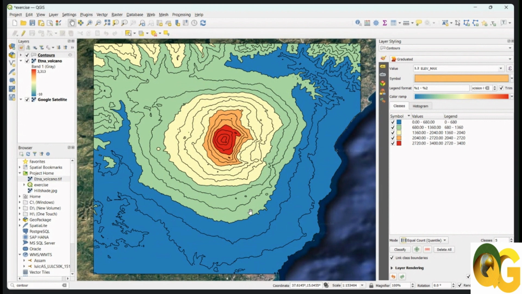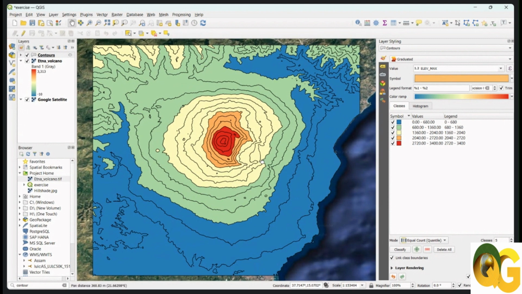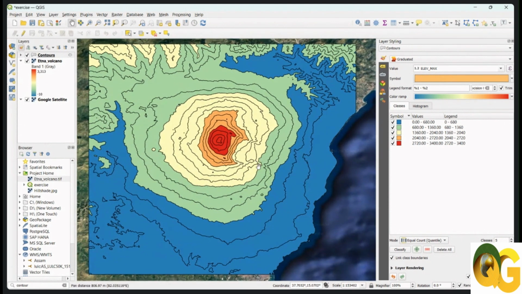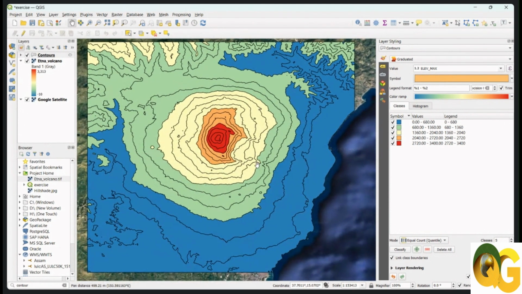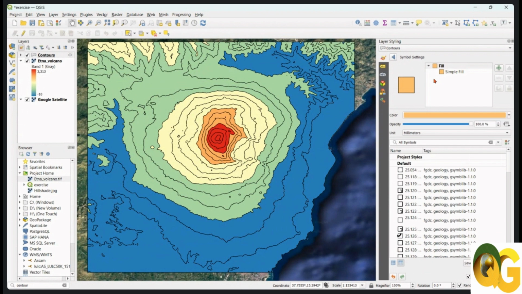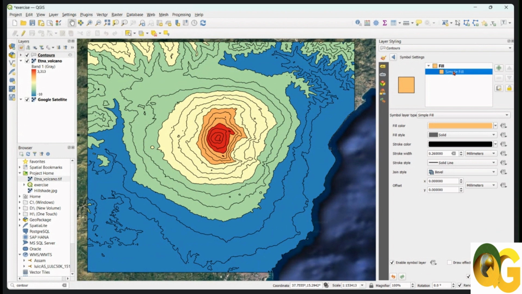So, yeah, let's proceed. Now, let's give it a more 3D effect. Let's learn how we can do that. For that, you will go to symbol. Click on this symbol, and after that, click on the simple fill. So when you are not classifying your values, this color will be allotted to